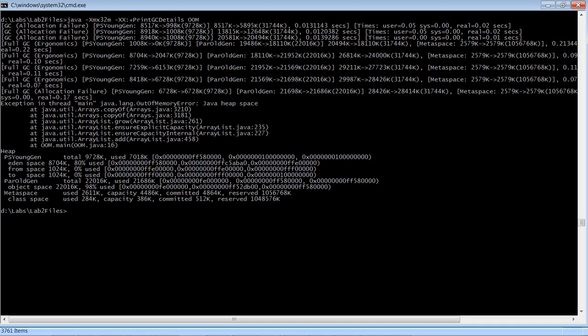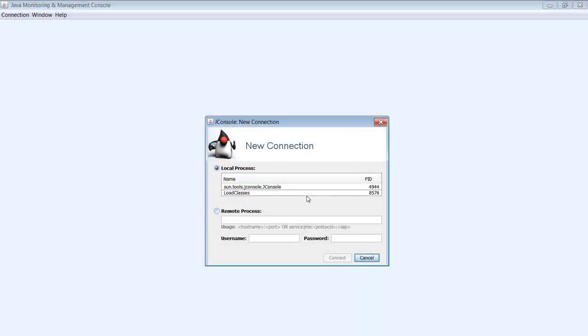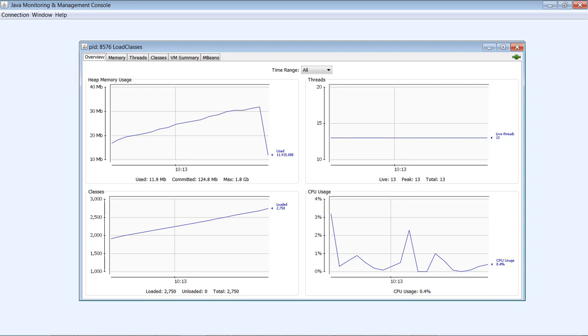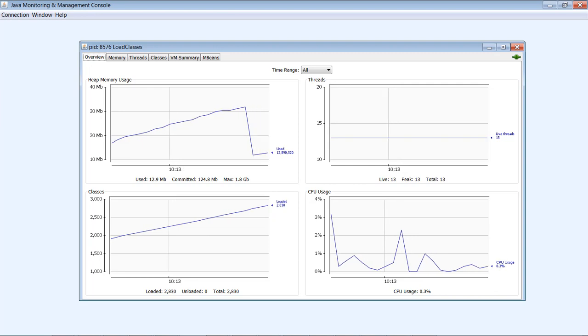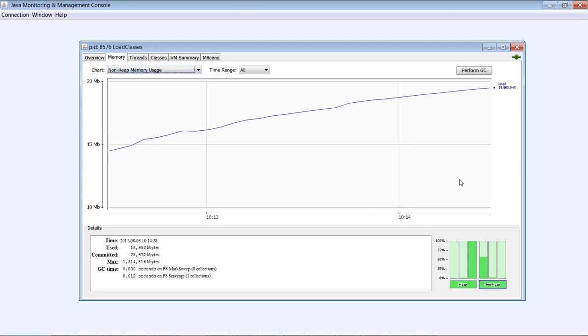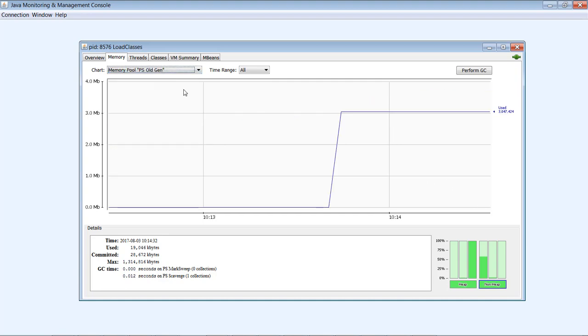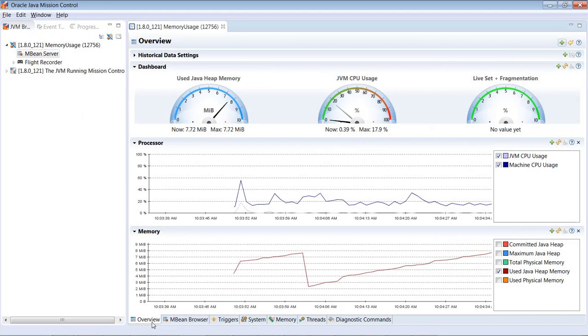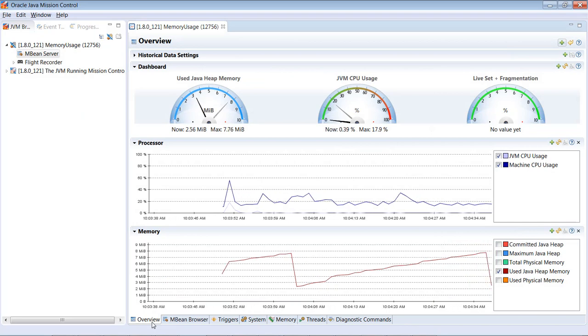And that brings us to the end of the lecture videos for Lesson 2. Your next step is to try Lab 2, where you'll first run a test program that fails with an out-of-memory error exception, and then another test program that shows abnormal memory growth in the metaspace pool. You will monitor these processes using the JConsole and Java Mission Control tools. Once that's done, you should be ready to try quiz number 2.